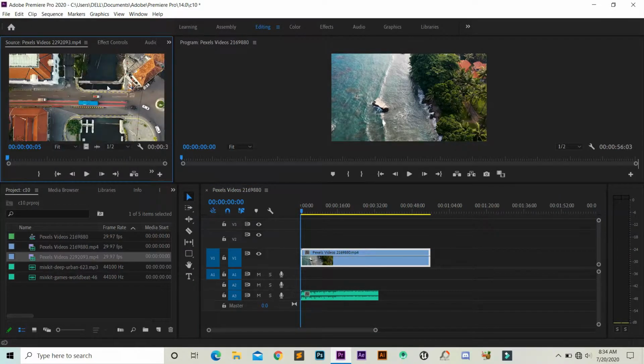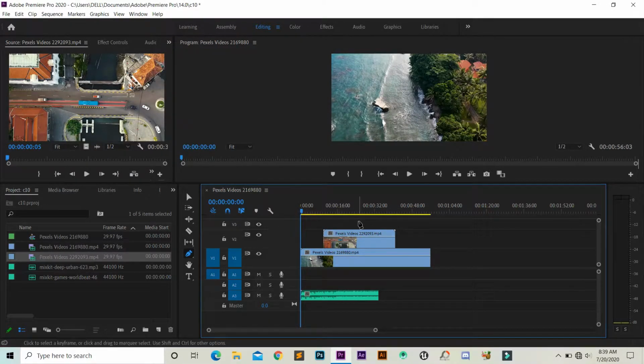Now let me show you one example that how we can use this tool to make our video amazing. So I'm going to drag one video on this track, and you can see I have two videos running at the same time. Now with the help of pen tool, you can click anywhere on the line just like this,